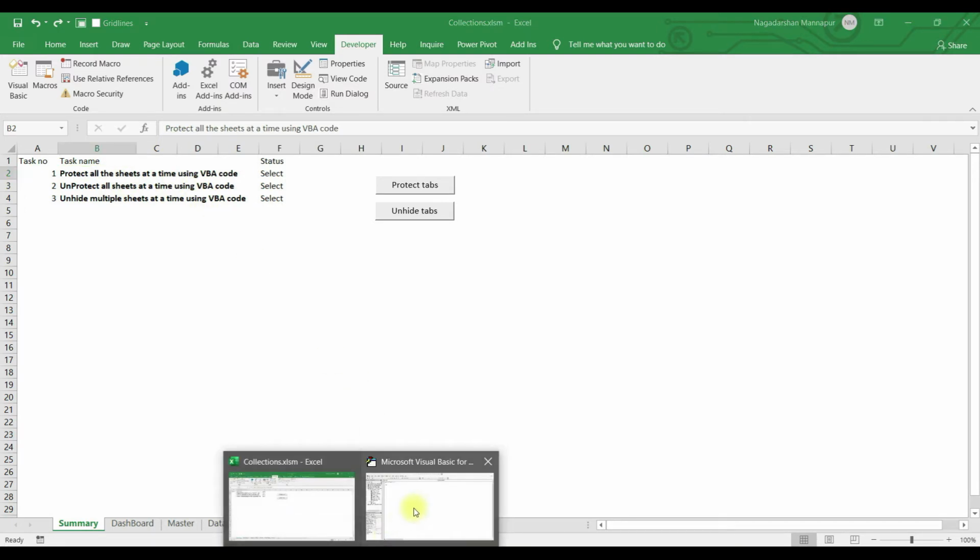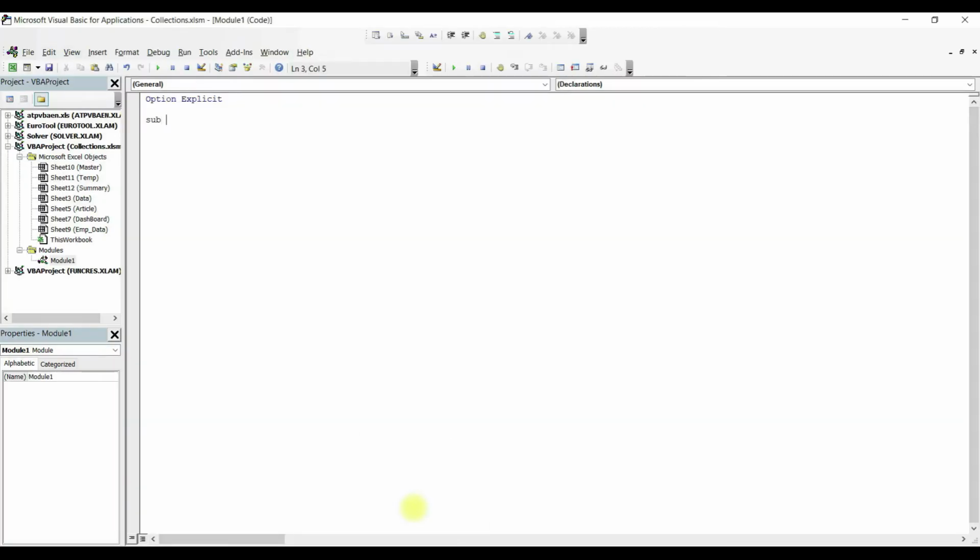So I'm going to give a macro name called sub protect all tabs. Okay. First, we need to define one variable name. To control all the sheets, we need to give one nickname. So using that nickname, we are able to control all the worksheets of this workbook.